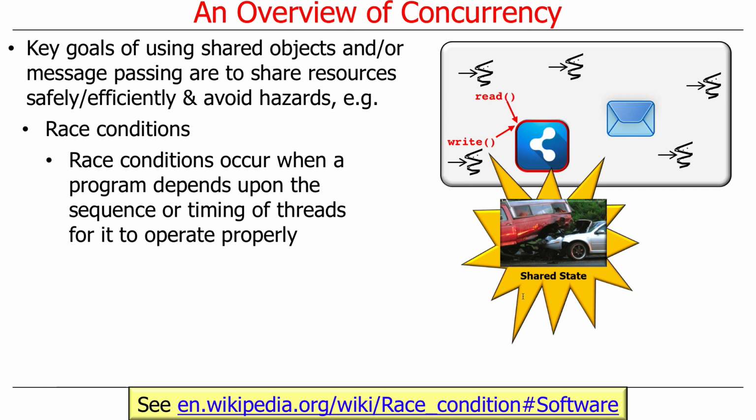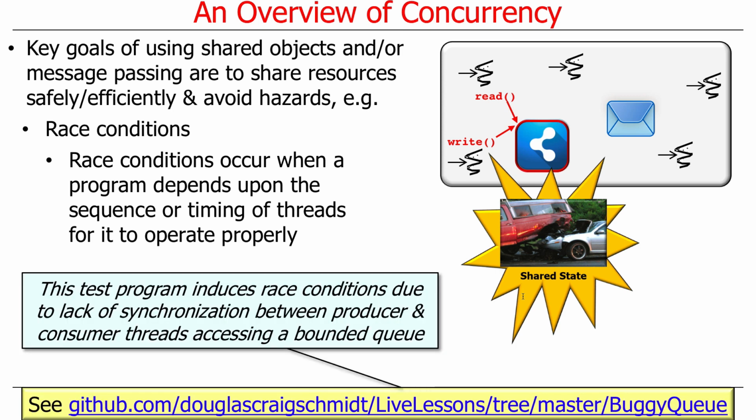Or if they both show up at the same time, which happens increasingly frequently in multi-core processors, because you've got things literally running in parallel, then you're going to have problems. You're going to have race conditions. And race conditions are maddeningly difficult to track down. If you're not really familiar with what a race condition is, you might want to play around with this little